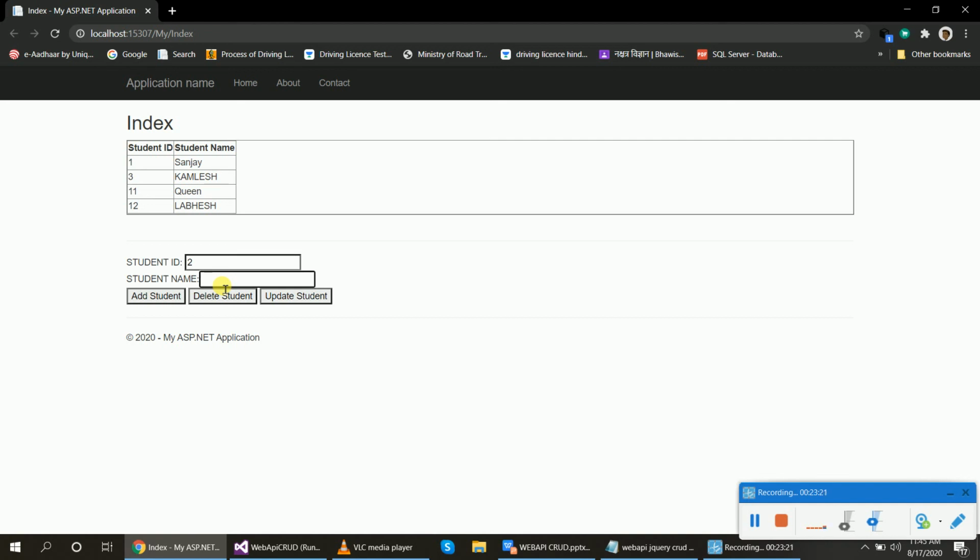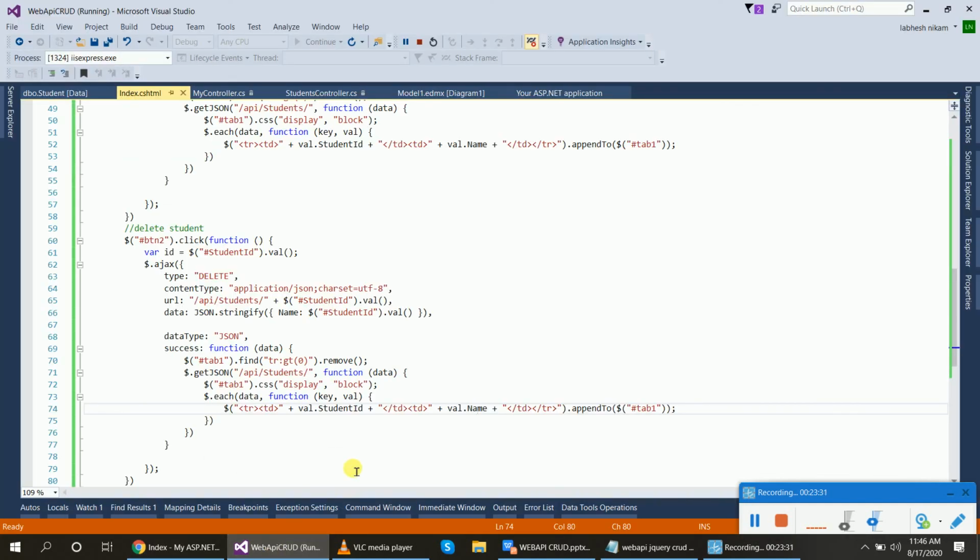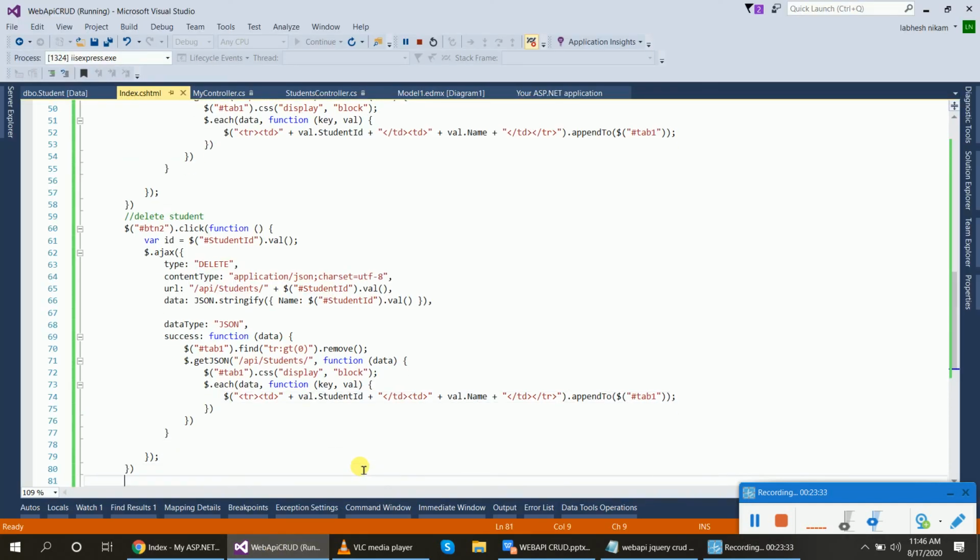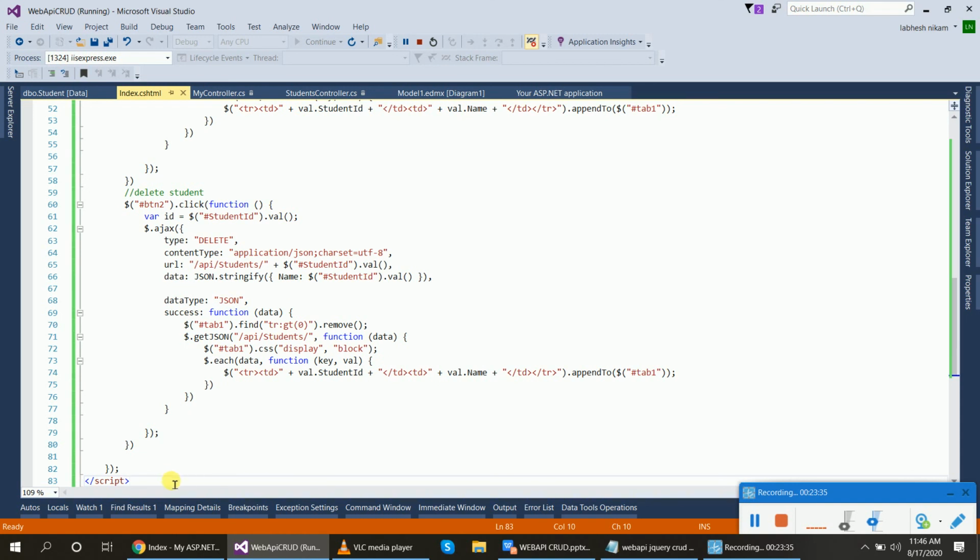So I will pass the ID and the name, whatever the change is. So inside our update script, we will pass ID and name. Before closing the document ready function, we will add the update code to update the student. For the time limitation, I will copy the code from here.